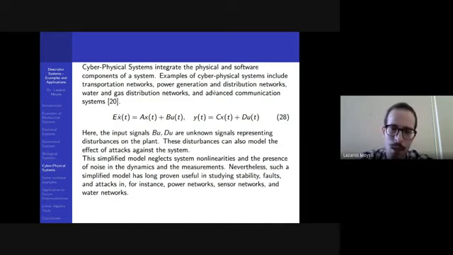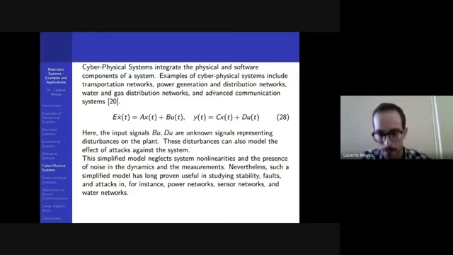For example, a smart building can be considered a cyber-physical system, because it has a cyber part, which is the design and the algorithms running the building, and the physical part, which may be the air conditioning system, the water system, that are physical,